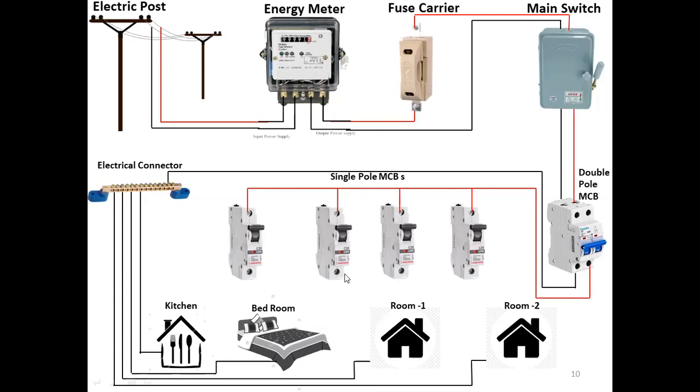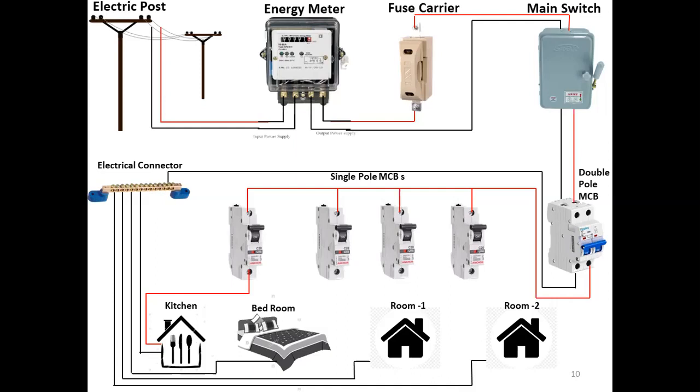Then listen. Now we need to connect your phase terminal to the kitchen. From the first MCB, the left hand side MCB output is connected to the kitchen, right? So now in the kitchen, we received both phase and neutral terminal to your switchboard. Now you can have a switch, let's say one lamp controlled by one switch wiring, maybe a 5 pin socket wiring may be there, right? So whatever you want you can do. We received two terminals from the distribution board for the kitchen. Now you can do the connections.